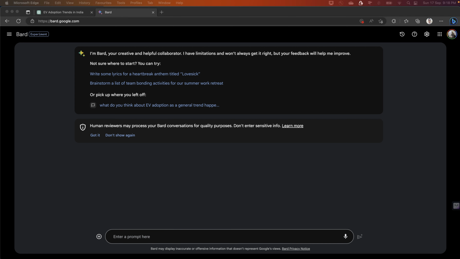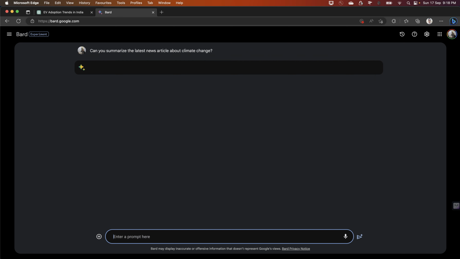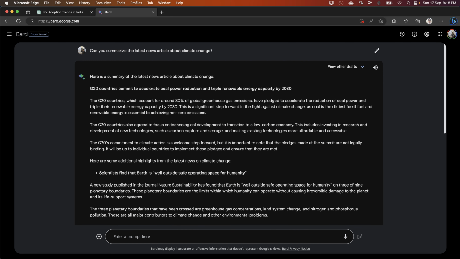And now let's use this. Can you summarize the latest news article on climate change? Because I'm sitting on a pile of data which is real time, that's why I'm putting this prompt, and I'm just judging its language capability to understand that, and how quick it is to give you the answers. So the first distinction between ChatGPT and Bard is, Bard does certain thinking wherein a spinner gets going, wherein ChatGPT starts writing promptly and it underneath thinks and produces the content.